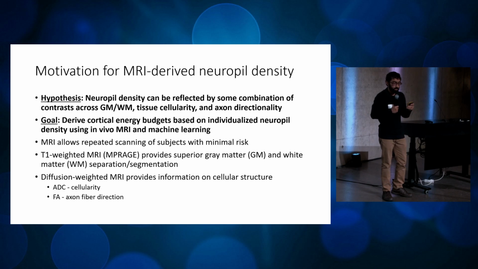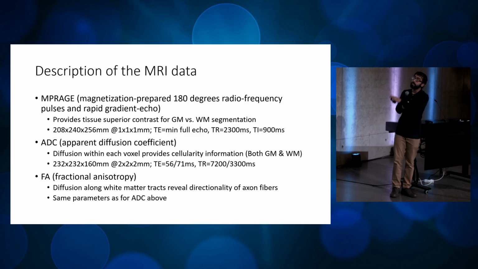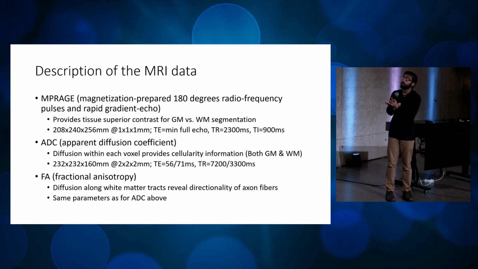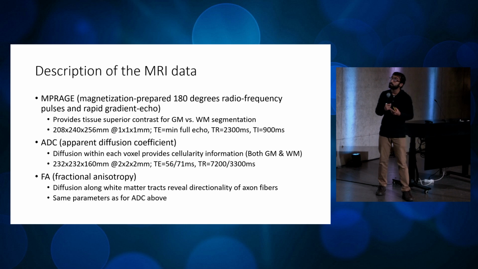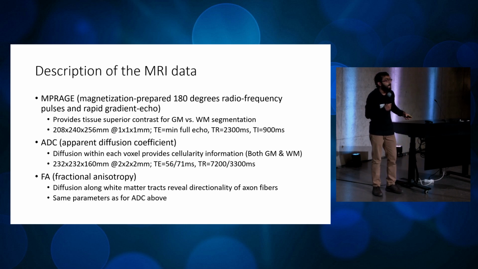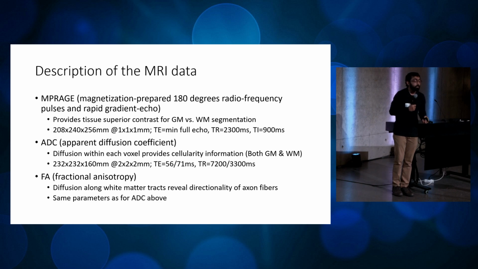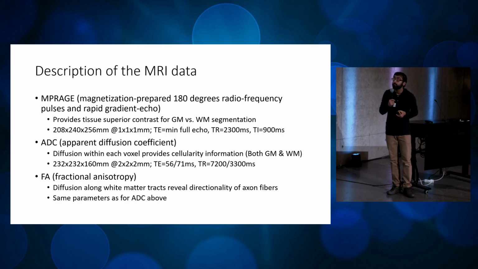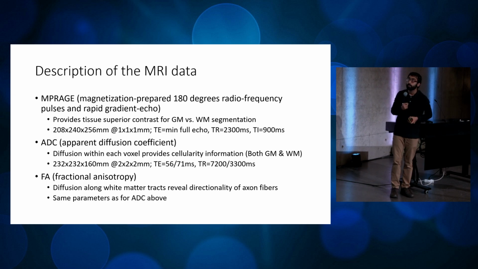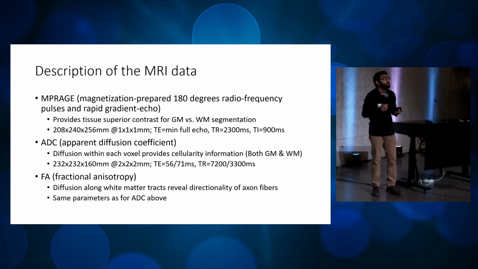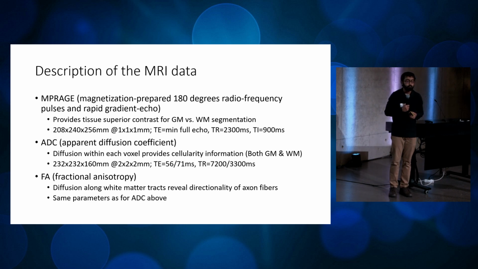I'll go through this quickly, but these are some of the data sets that we've been using. MP-RAGE, or T1 imaging, is able to give us a superior contrast between gray matter and white matter. The understanding here is that depending on the tissue we're in, this is going to influence the neuropil architecture. And the neuropil architecture, in turn, will determine the diffusion properties of the tissue, which can be captured through metrics like apparent diffusion coefficient or the directionality of diffusion, fractional anisotropy. All of these are metrics that we can measure using MRI. So our hypothesis was that we could use this as a starting point to calculate cell density and synaptic density